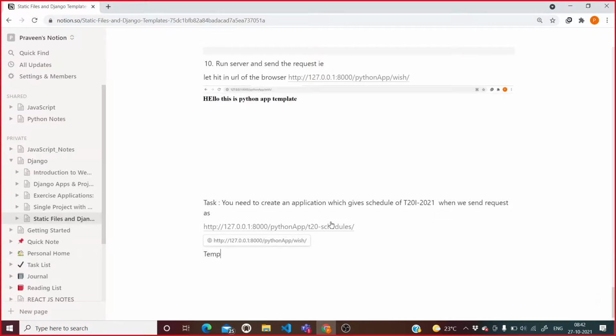So, template tags. What is this template tag?